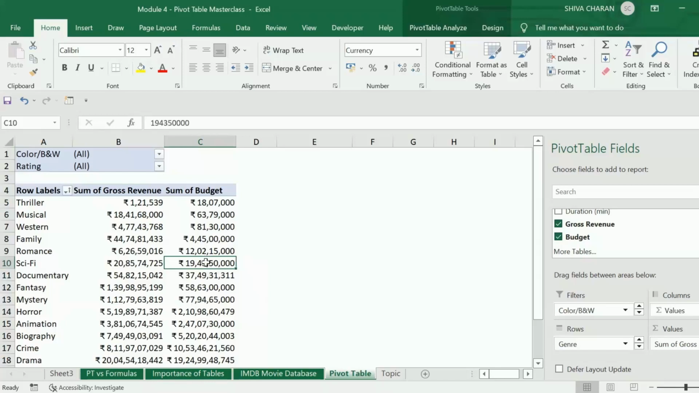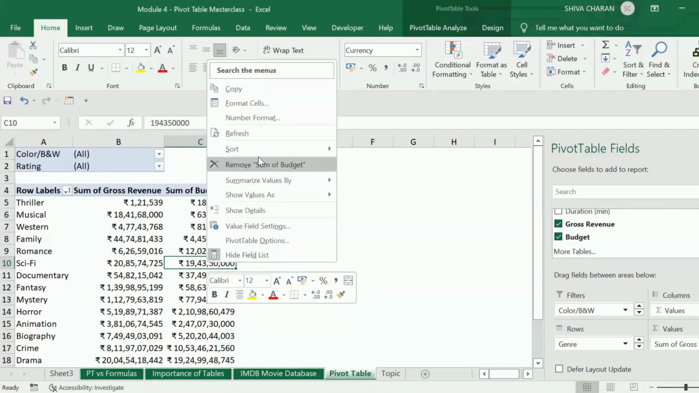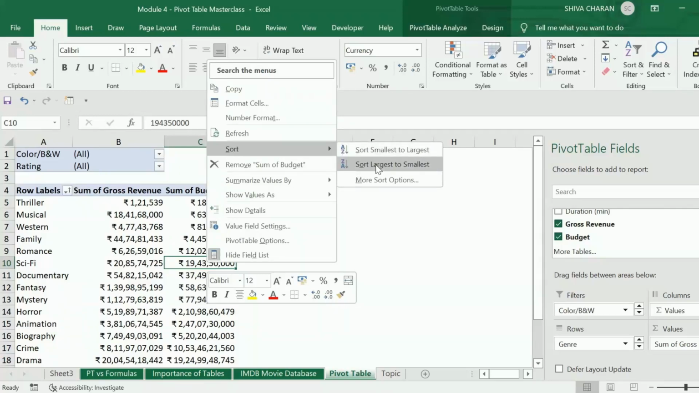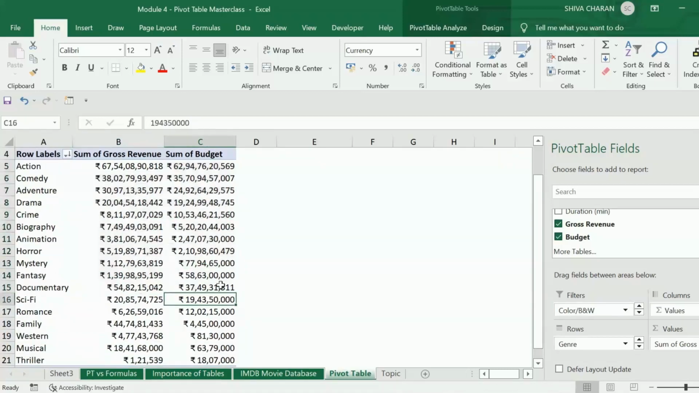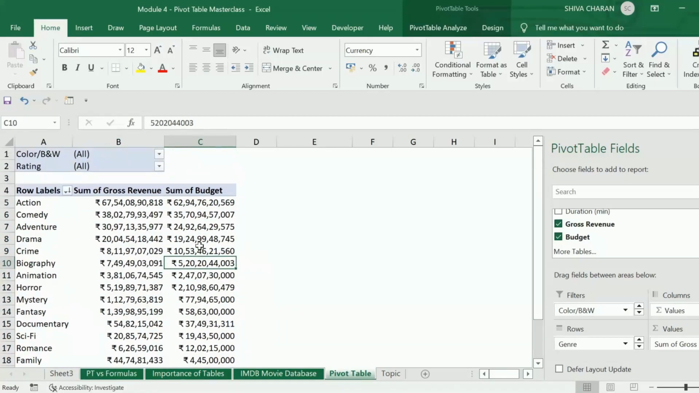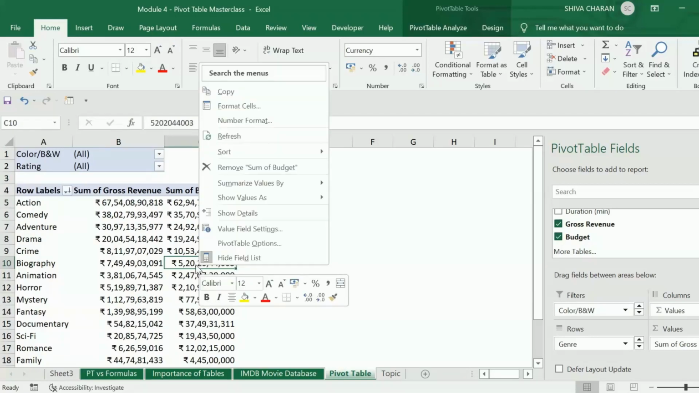select the pivot table and right click, and here you will find the sort option. So from here you can apply the sorting either largest to smallest or smallest to largest. So let us apply largest to smallest, and now you can see the sorting has been applied. So this is the easy and quick method to apply sorting. You just need to right click on it and select the sorting option which you want. From here you can also select the more sort options